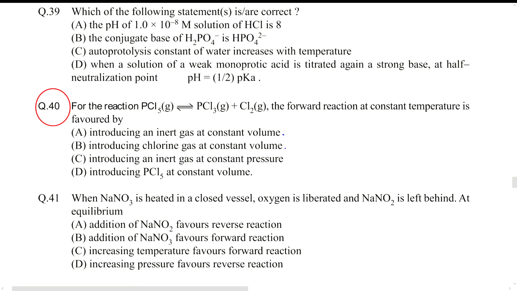Introducing an inert gas at constant pressure. If you introduce inert gas at constant pressure, the volume of the container has to increase. Partial pressures will decrease, and to negate that change, it will have to shift towards greater number of moles. So this will give you a forward shift. If you introduce PCl5 at constant volume, then that also gives you a forward shift. That's it for